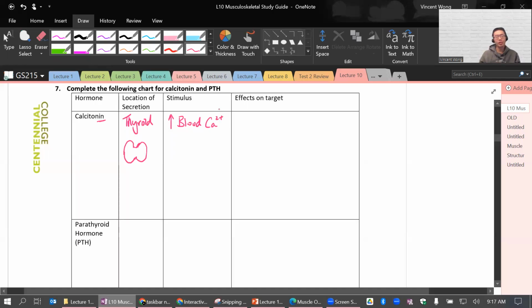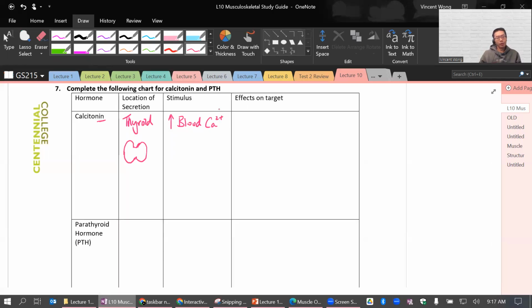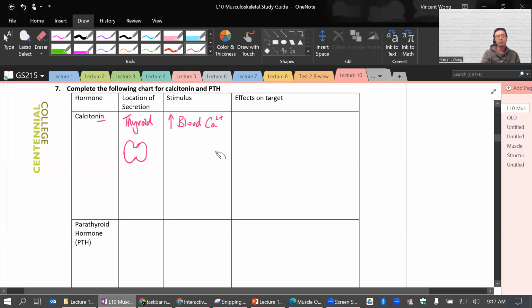Maybe you are drinking your milk on a daily basis. Whatever the case, if you have increase in blood calcium level, you will release the calcitonin, which will increase calcium deposition